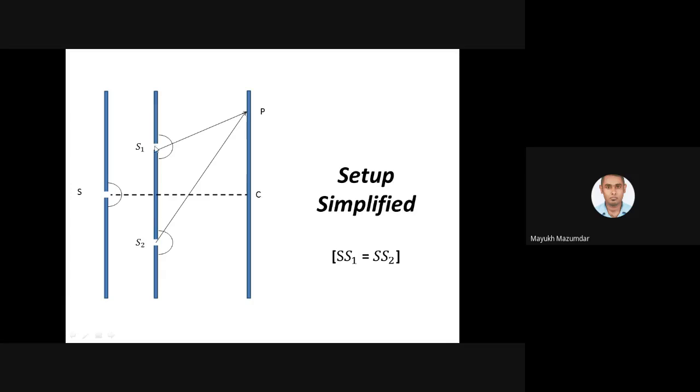So these two slits have to be equidistant from S. That is, S1 should be equal to S2. That is how the construction is done. And the third one is the screen. Fine. So what we want to do is study the effect of this interference at a particular point P on the screen. This point is P. I have kept the P on this side so that it doesn't look overcrowded.